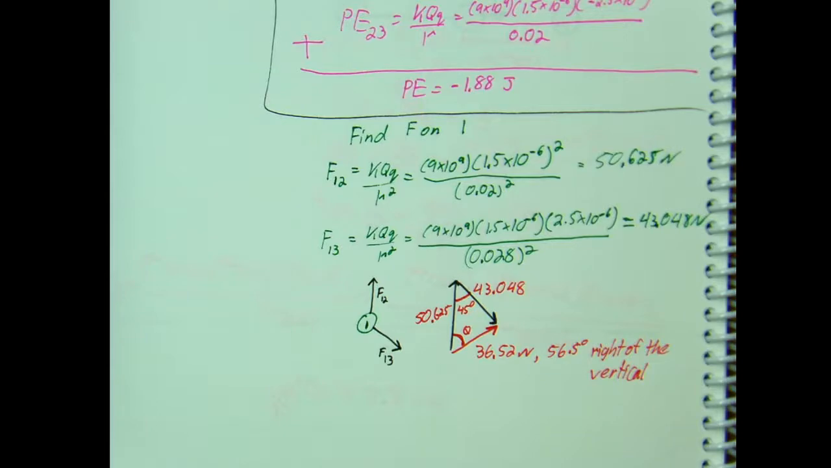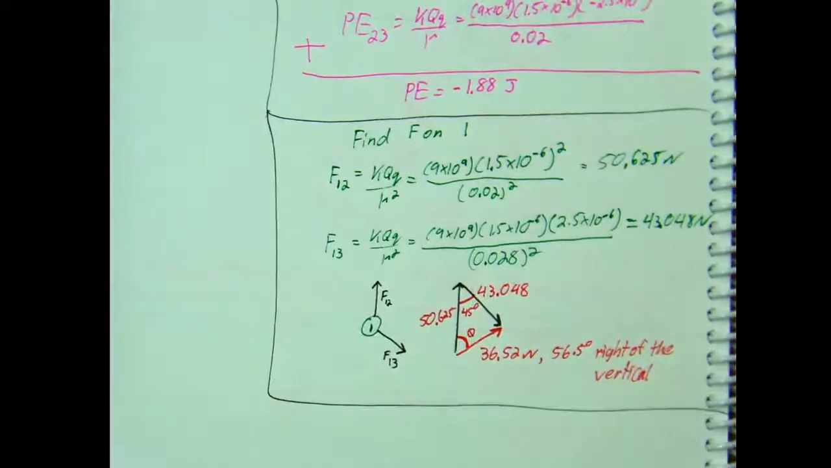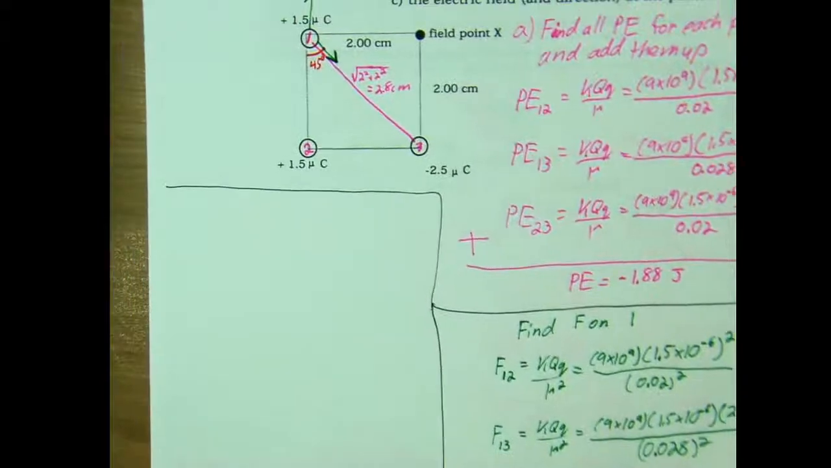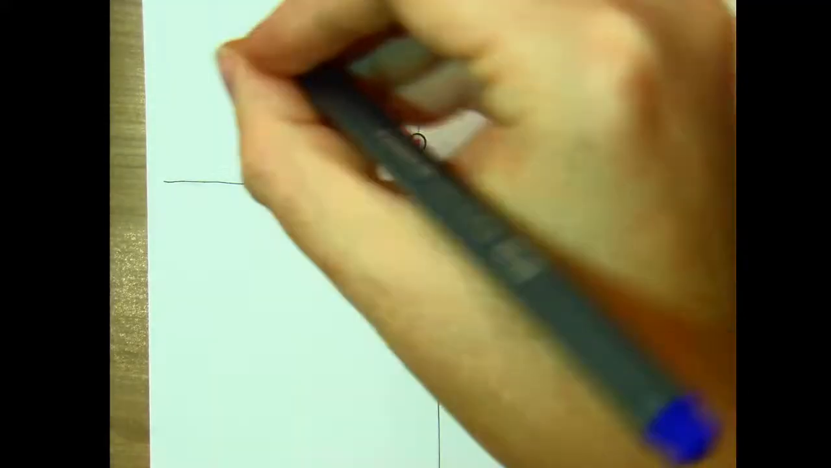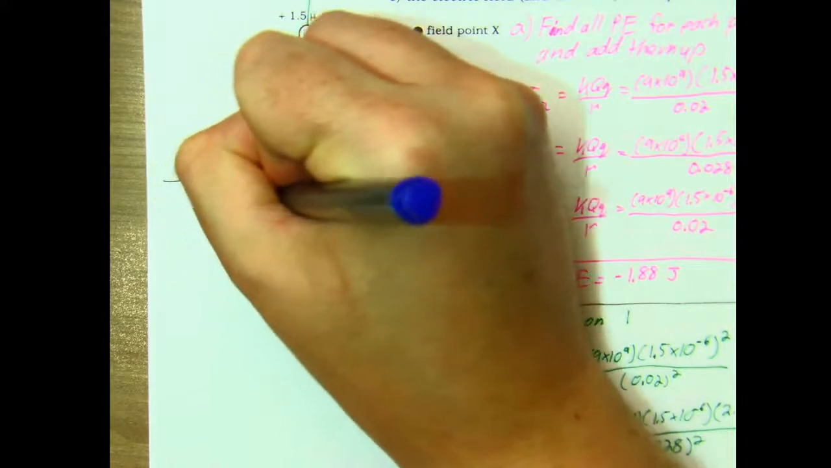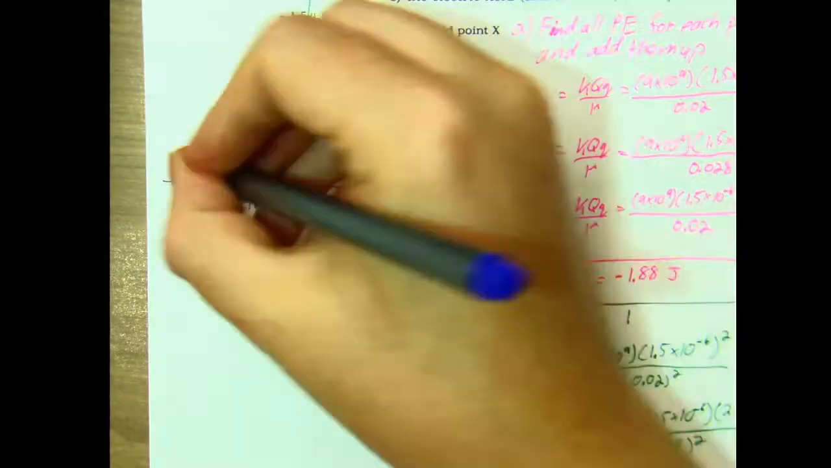And now let's go through and find the electric field. We're going to do this part over here. I want to do that in blue. So here we want to go for the electric field. What we're going to have to do is find all the electric fields, and then add those up vector-like as well, because electric fields are vectors. They have a magnitude and they have a direction. So we can find the electric field from 1